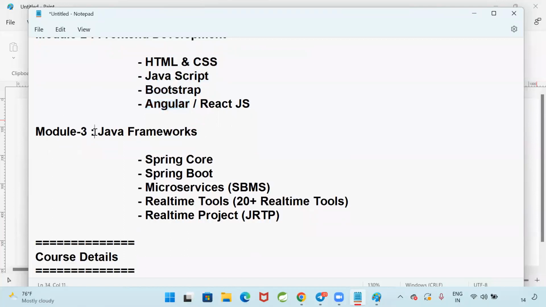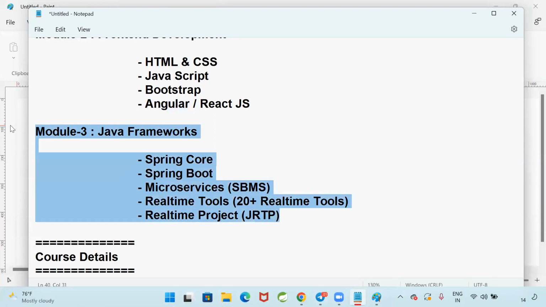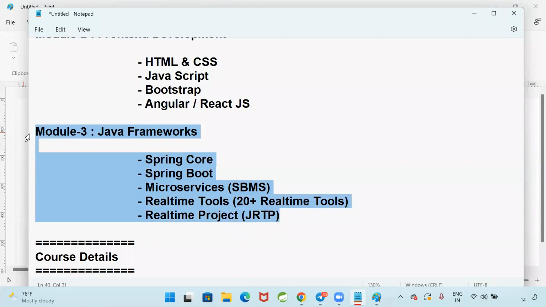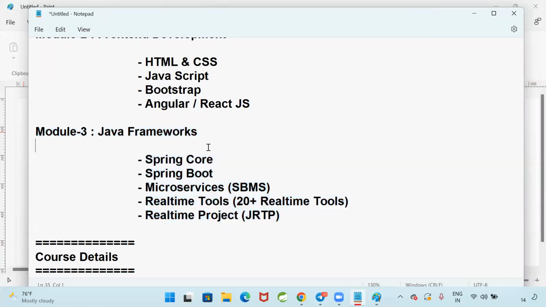Then Java frameworks. All these things will take 3 months of time. There is no doubt, because that is the main crux of the course. So you have to learn real time, how to develop a project on your own. The real time project development we are going to do in the frameworks. These frameworks are going to take 3 months of time, including Angular, Spring Boot, microservices, REST API, real time project also. Trainer for all these concepts.